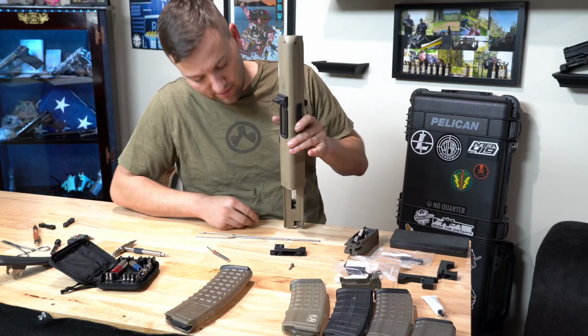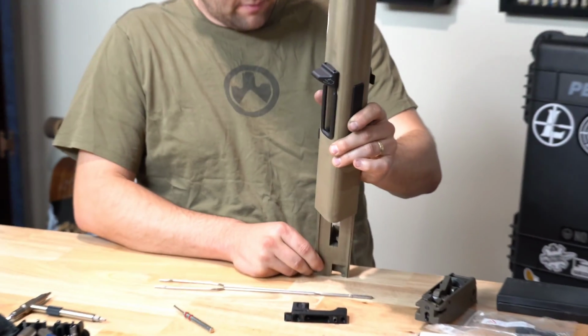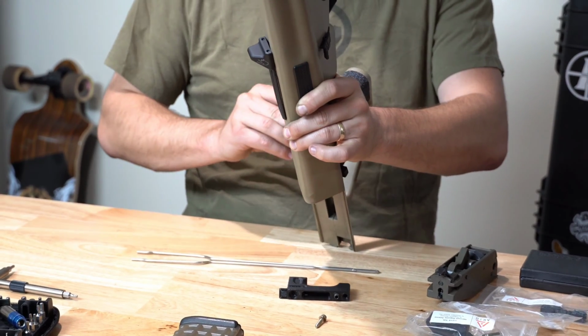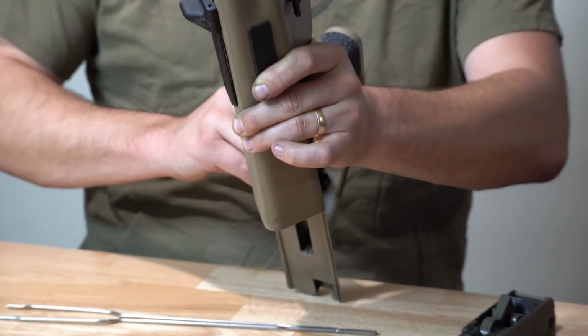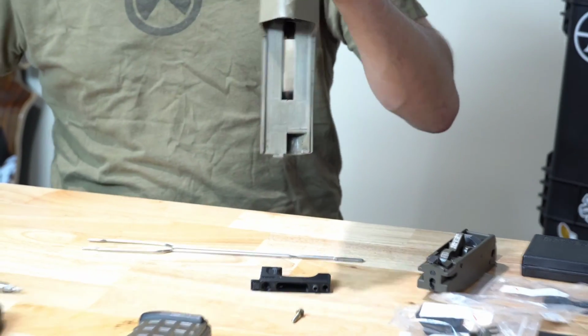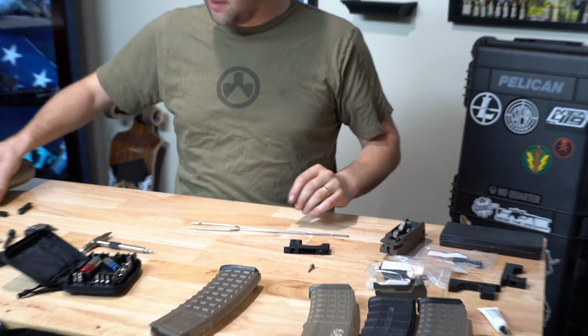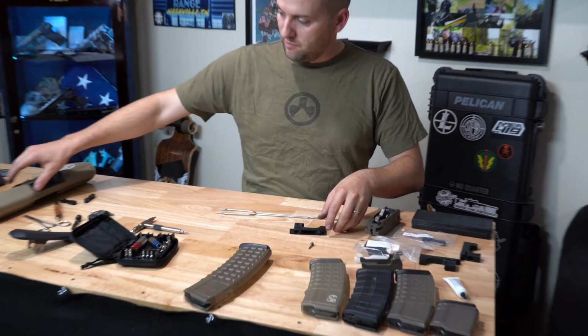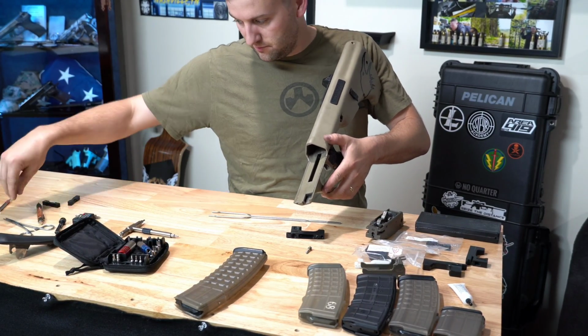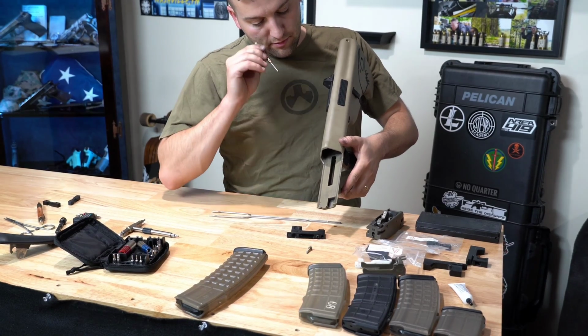So inside the stock, probably hard to see. I don't know if you can see in there. We have this notch hole right here. Nope, can't see it. All right, no worries. How to explain this? As you view the inside of your stock, where your trigger is seated, look where I'm